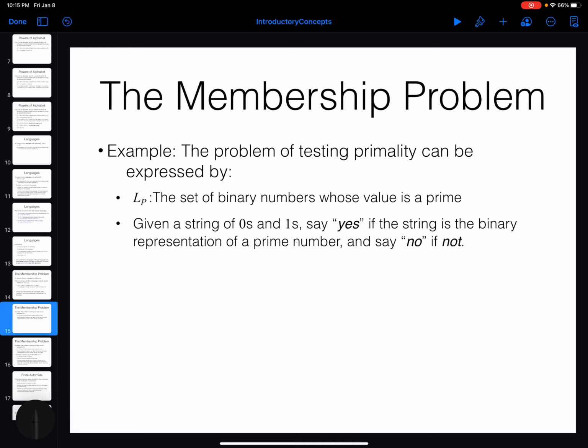In the membership representation, you have a language, which is the set of all binary numbers whose value is a prime number. So given a binary string, you want to see if this string belongs to this language or not. If it doesn't belong, it means that it is not a prime